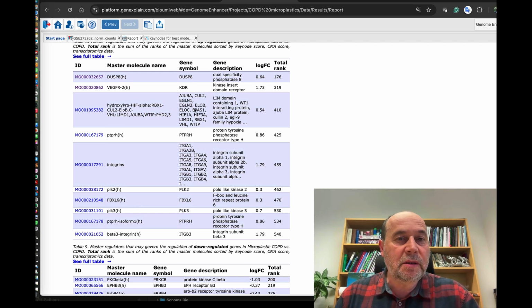And as you can see, these two molecules which we see in the title of the report, the phosphatase DUSP8 and also kinase insert domain receptor, KDR, which is another name for VEGFR2, are at the top.